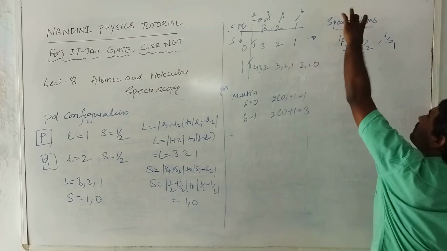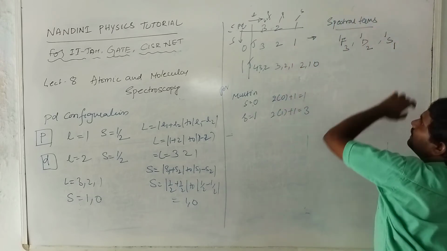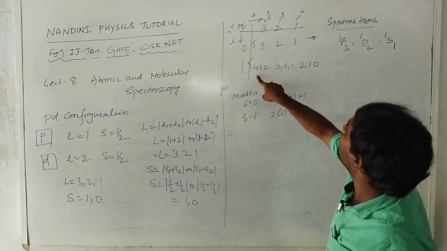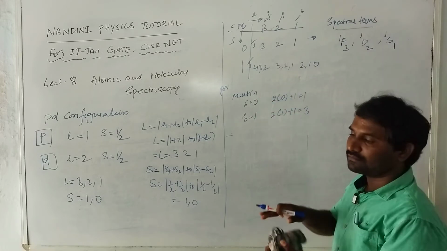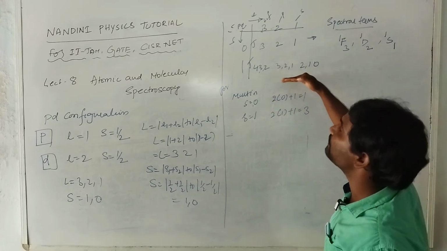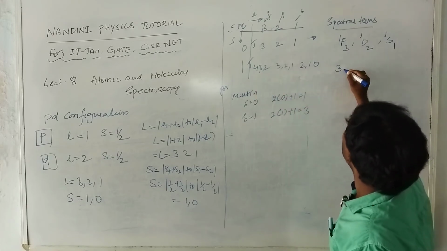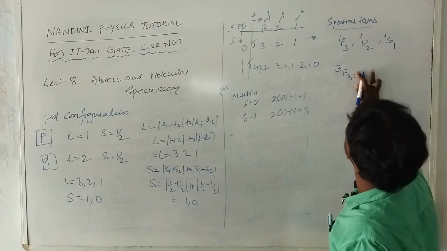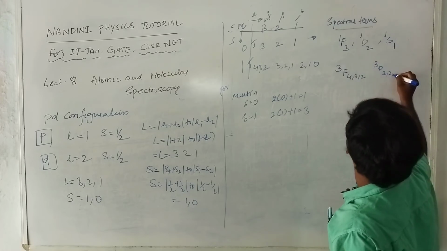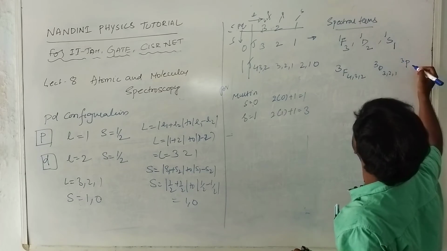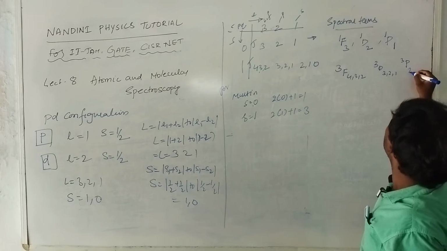So for the spin 0 case you will get a singlet. And in the spin 1 state you will get multiplicity 3, so the spectra are different, because this is the splitting of spectra. This is multiplicity 3 and this indicates the F state: 3F of 4, 3, 2. And this is the D state: 3D of 3, 2, 1. And this is the P state: 3P of 2, 1, 0.